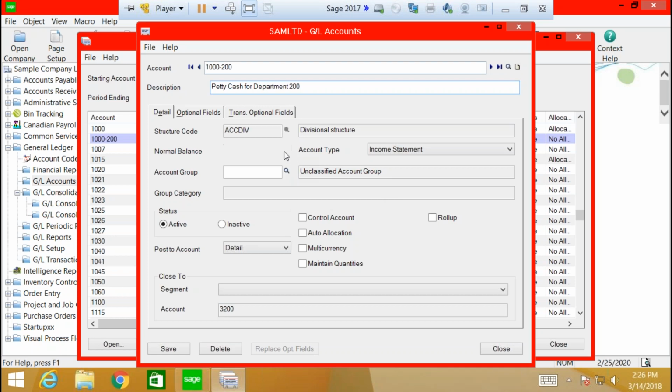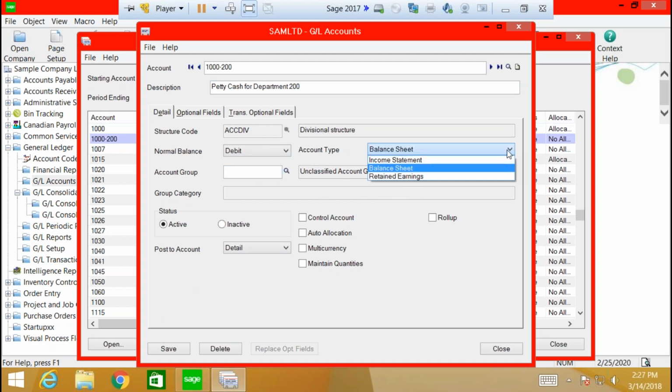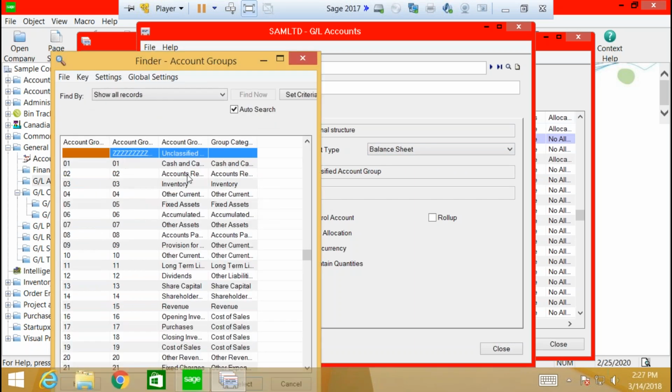And now you have to determine whether this is going to be a debit or credit, the normal balance. Right, I determined it's a debit, because it's an asset account, whether it's a balance sheet or income statement or a retained earnings account. You will discover that when you set these up, if you have posted things to the previous year, changing it might become a bit tricky. So please try and take your time, set up these accounts properly. Then you can add